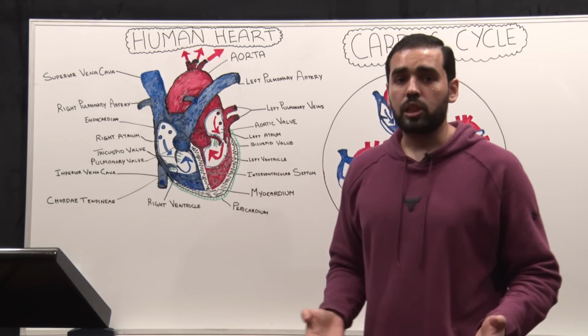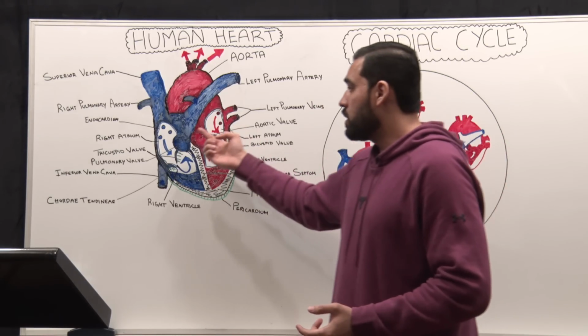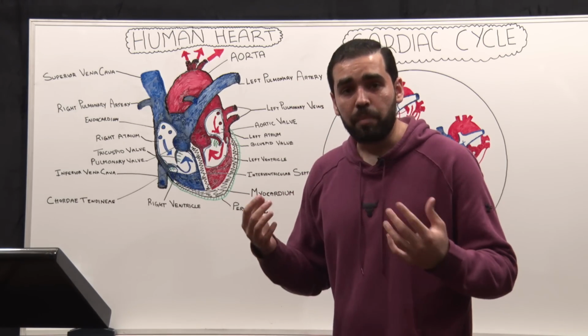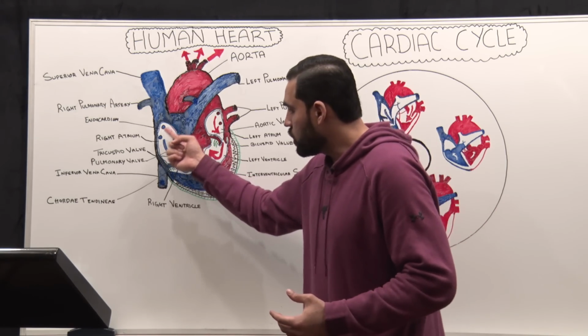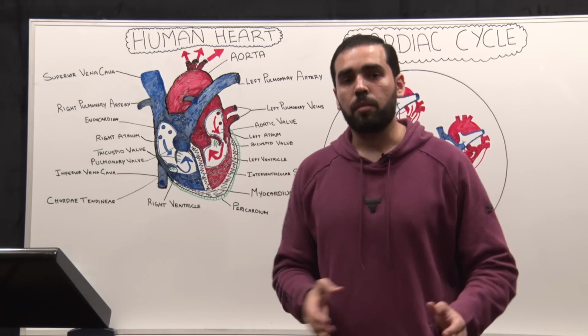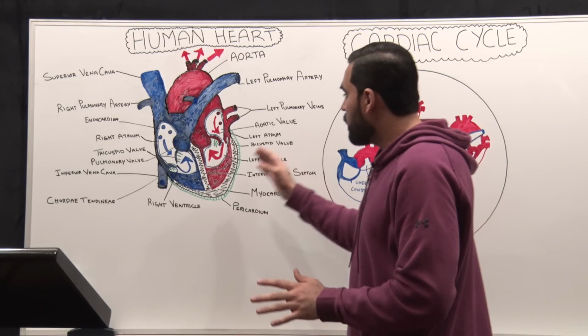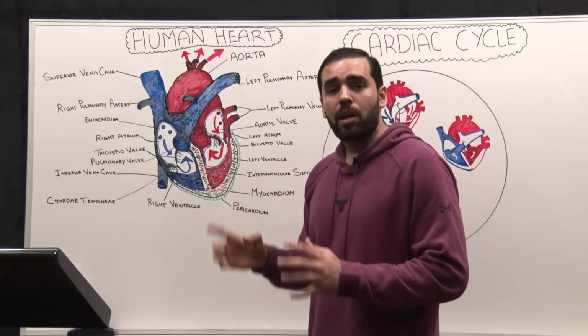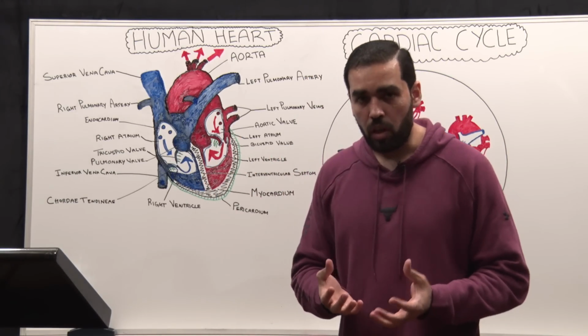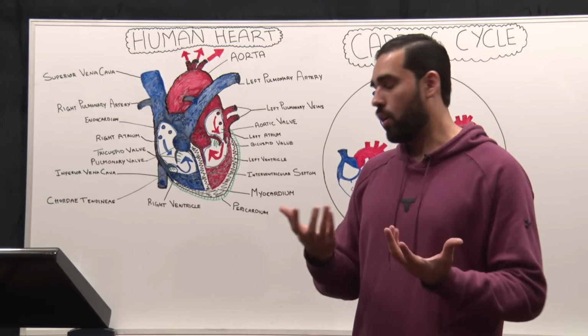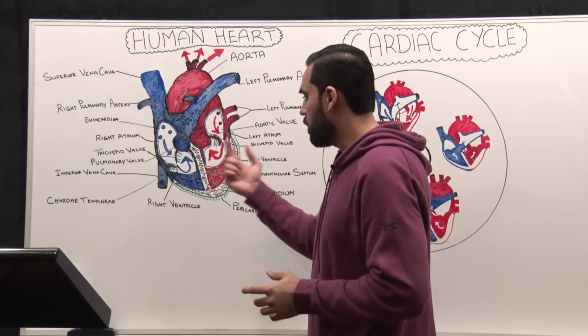That we will discuss in the lecture on the electrical conduction system. There are certain cells over here which are called the pacemaker cells. Well, the SA node is present over here. We will discuss that in the cardiac cycle, but for now just trust me that the myocardium is responsible for the contraction of your heart, the cardiac muscle.